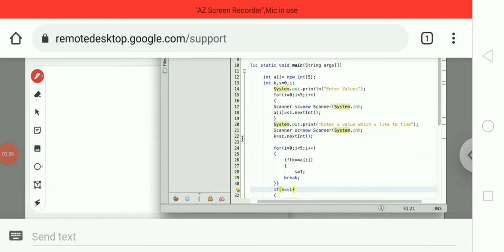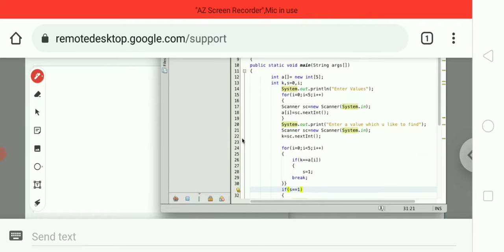Here we can see the program of linear search. This program I implemented using the Java programming language. Now let us check the logic, how it works. We already know how to create a class and main; you already learned in Java classes.